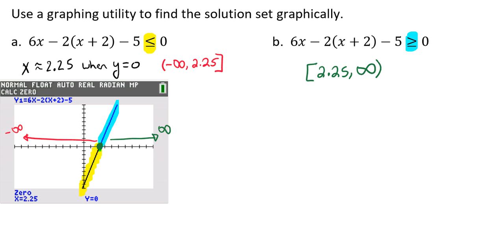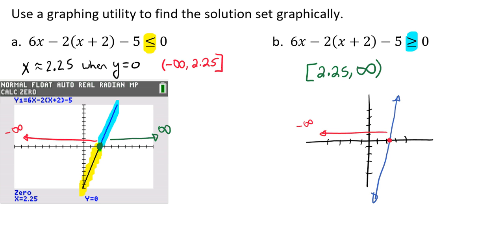And again, a quick way to show work here would be to do a quick sketch of the graph, and simply put in our point, and go this way to negative infinity is below, and from this point all the way to positive infinity is above, and then just to label our point